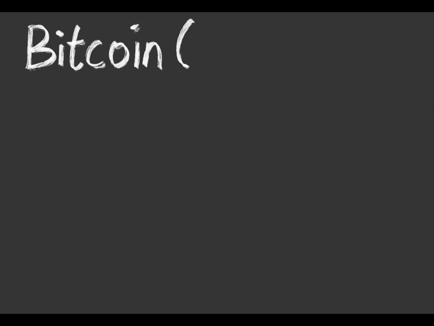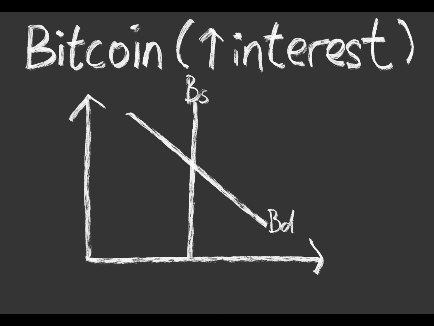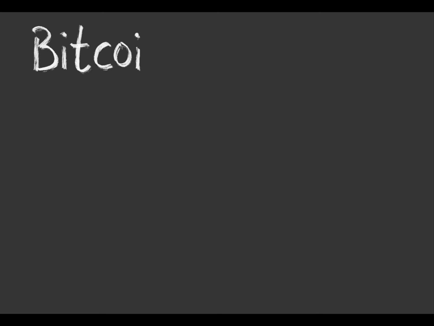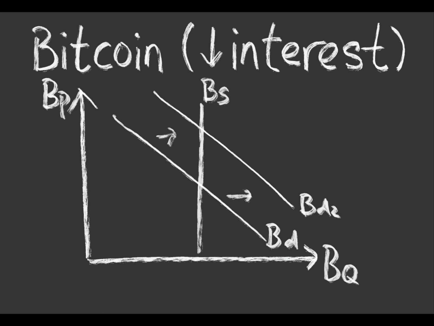But why does interest rate matter for Bitcoin? When the interest rate goes up, individuals will have less incentive to invest in riskier assets like Bitcoin, and instead they will invest in safer investments like bonds. On the other hand, when the interest rate goes down, people will tend to have more funds available, and the demand for riskier assets will also increase, so it means that there will be more funds floating into Bitcoin.